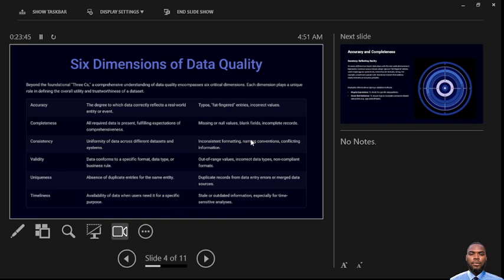But the data I'm having is for 2024 and I use it to get my value. It doesn't make sense, right? So the data you're going to use must be timely, must be available when needed,